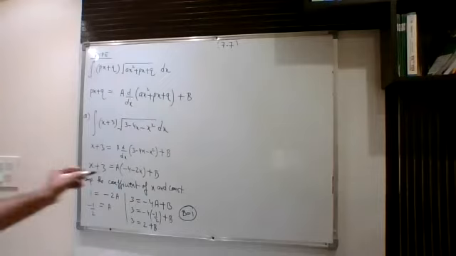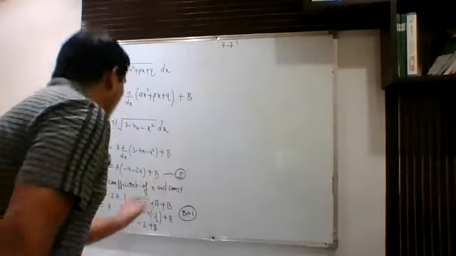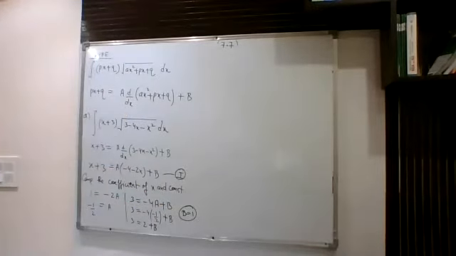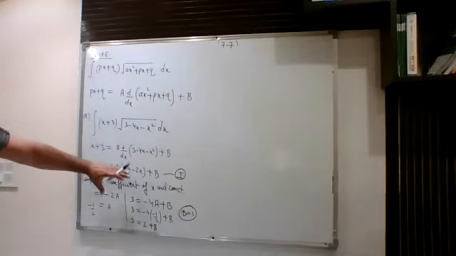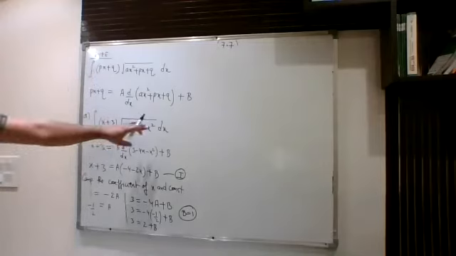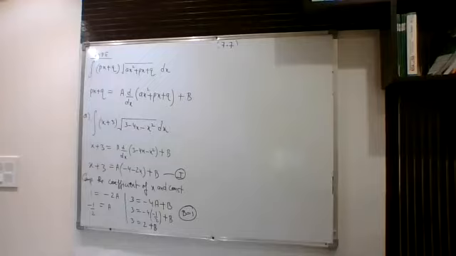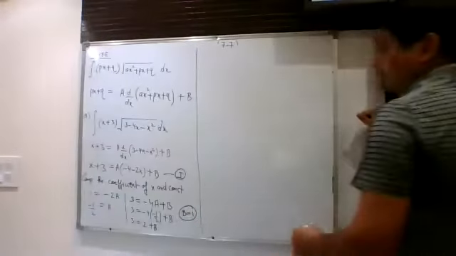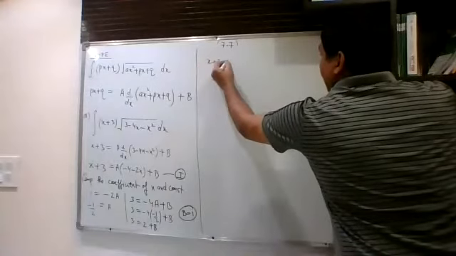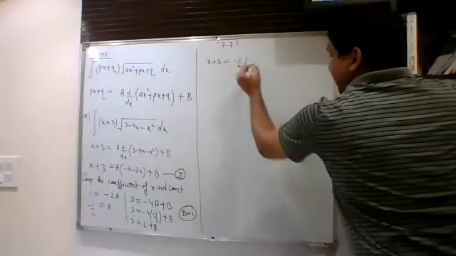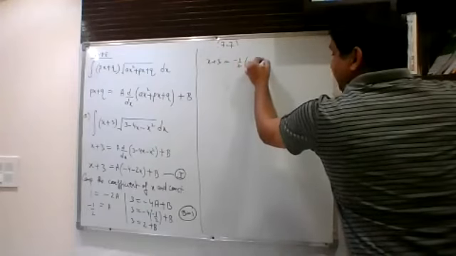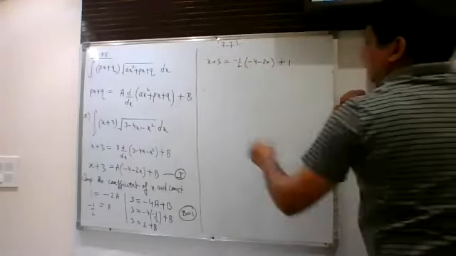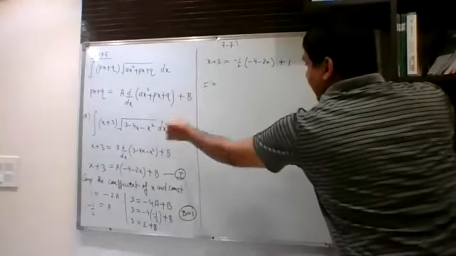Now let us call this equation number 1. We will put the value of A and B in this expression, and after that you will put the value of x plus 3 in this, and you will divide this into two integrals. So let us see how. So x plus 3 can be written as minus 1 upon 2 into (minus 4 minus 2x) plus 1. So that means this integral can be written as follows.